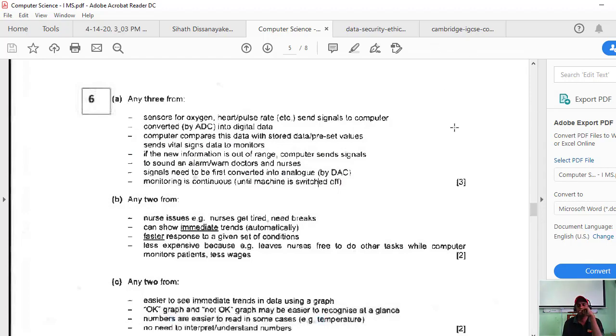I think your answer is not precise here. You can see a lot of points here, right? Can you write this answer? Because these are very important points. You have to say sensors. See, you have to use words like oxygen, heart pulse rate, whatever. You can say MR scan. So in other words, use those sensors. Here it does not mention the scanning, but you can apply that scanning as well here.